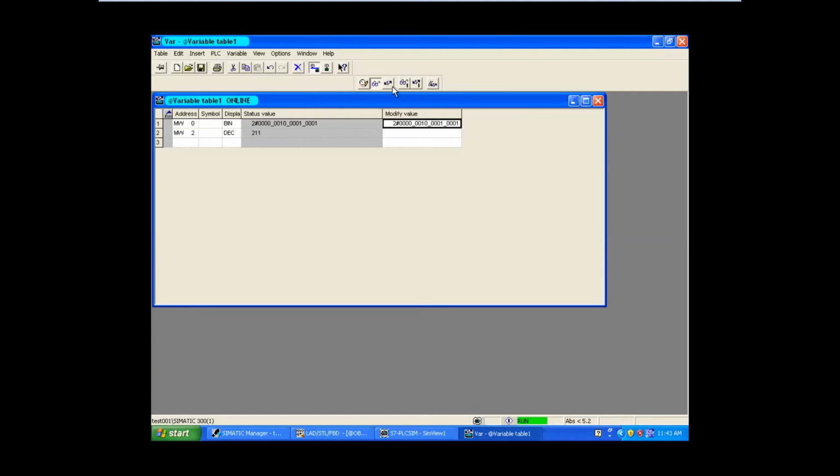Fine. So in BCD format in a Siemens PLC, up to 999 it will do the conversion. The maximum value you can give in this modify value is 999. Okay, that means I'll show you here, 1001, right? So this is 9, 999.